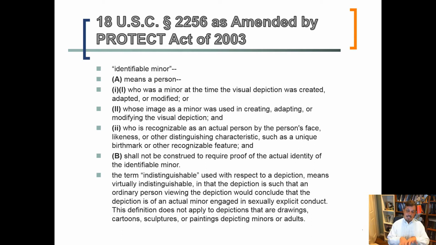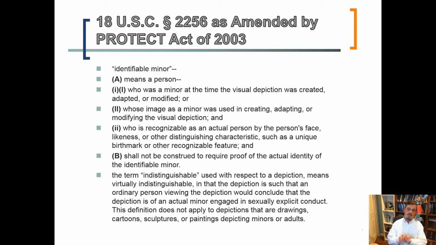One of the key pieces in this definition of identifiable minor, and we'll see this again next week when we talk about New Jersey law on virtual child pornography, there is a New Jersey Supreme Court case on this under the New Jersey statute. And one of the questions is, well, what would a prosecutor have to prove to show that it's an identifiable minor? And so here the statute says it's recognizable as an actual person, but you don't have to show who